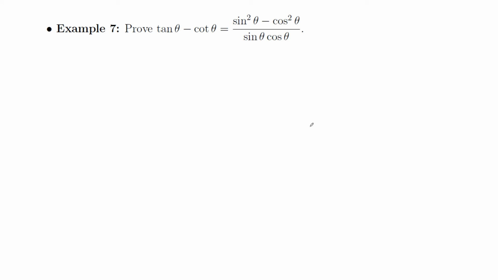All right, so in this example, we're trying to prove that tan theta minus cotan theta is equal to this fraction, sine squared minus cosine squared on top, and sine times cosine on bottom. So if we're going by the rules of which one's more complicated, I think this one's open for debate. The one on the right definitely has more stuff on it, but the one on the left does have tangents and cotangents. I'm just going to go ahead and choose the right side on this one, just because it